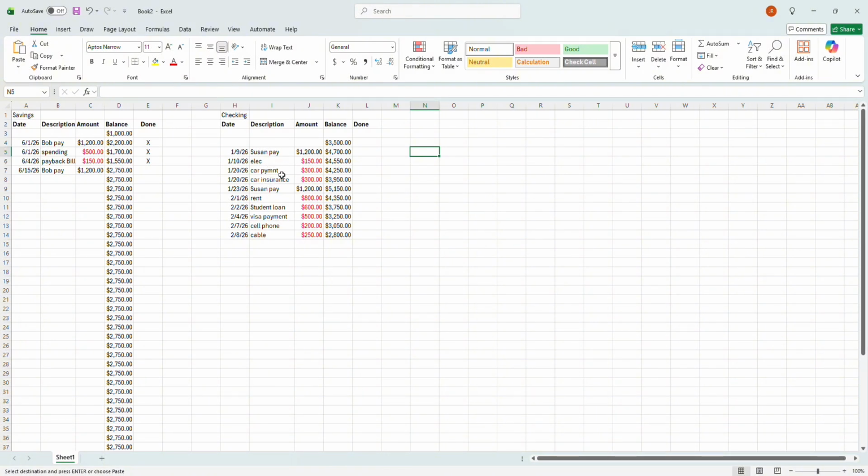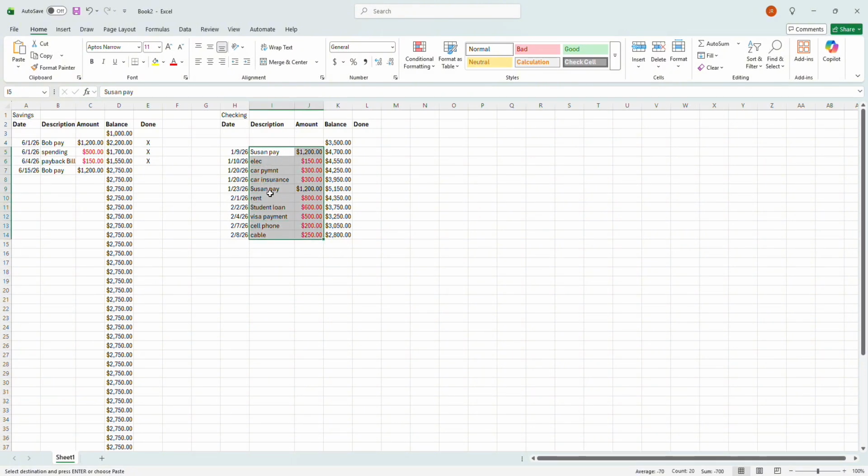in a forward-looking manner. So I have some bills here such as electric, car payment, insurance, rent, student loan, often a repetitive monthly expense. And I have it set up so we have the end of the month and beginning of the month, however your bills time out. But once you have the basic structure there and the timing of it, you can copy that whole month's worth